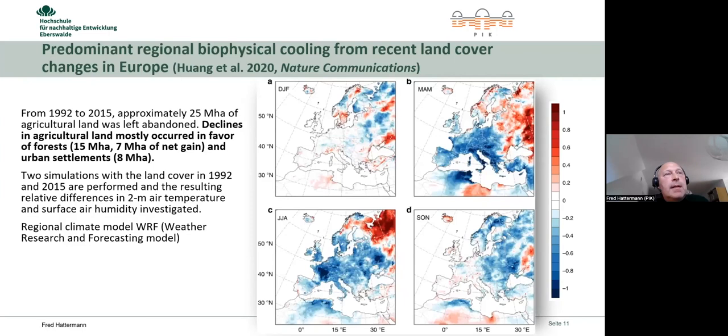And looking at the seasons, of course, the effect is not there in winter. In winter, plants do not evaporate normally, at least not in our regions. But it starts with the March, April, May, the spring, the cooling effect, into the summer, and phases out in the late summer and fall.